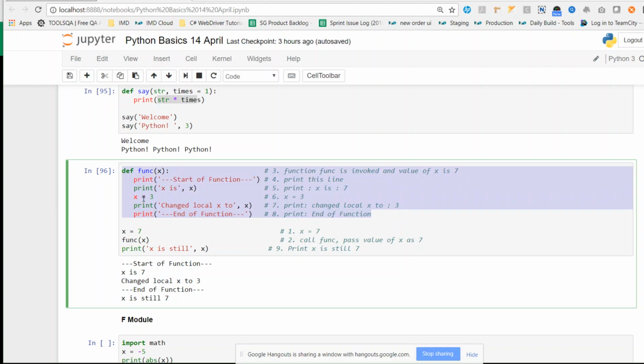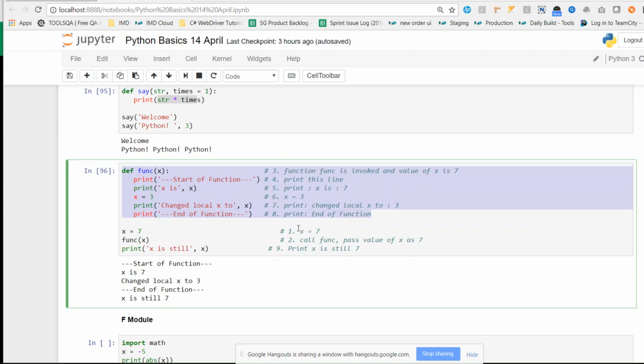So even if I change the value of x to something else over here, it will not be reflected outside unless I return the value of x. I'm not returning anything. So even if I change the value of a variable in a function, it will not be reflected in the program. Okay, is there any doubt in this?